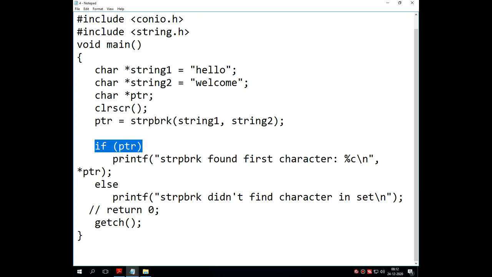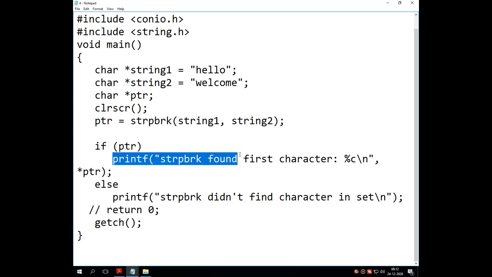It will check if there is a first occurrence of a character found in both the strings, then it prints that character onto the screen, otherwise it gives a message that no character is common in both the strings.